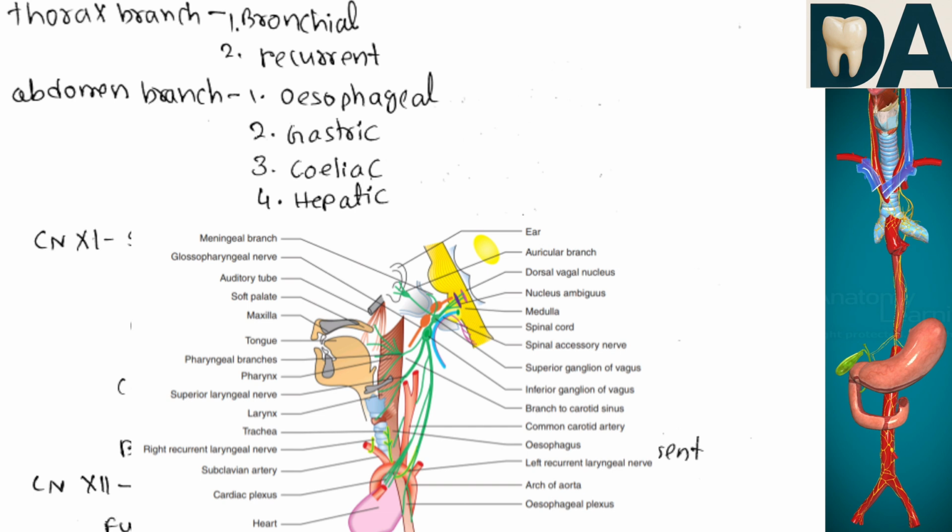The recurrent nerve takes different routes on the right and left side. On right side, the nerve originates at the level of subclavian artery. It runs around the vessel and moves upward toward the trachea. On the left side, it is given off at the level of the arch of aorta. The nerves on either side run upward in the groove between the trachea and esophagus and reach the larynx to